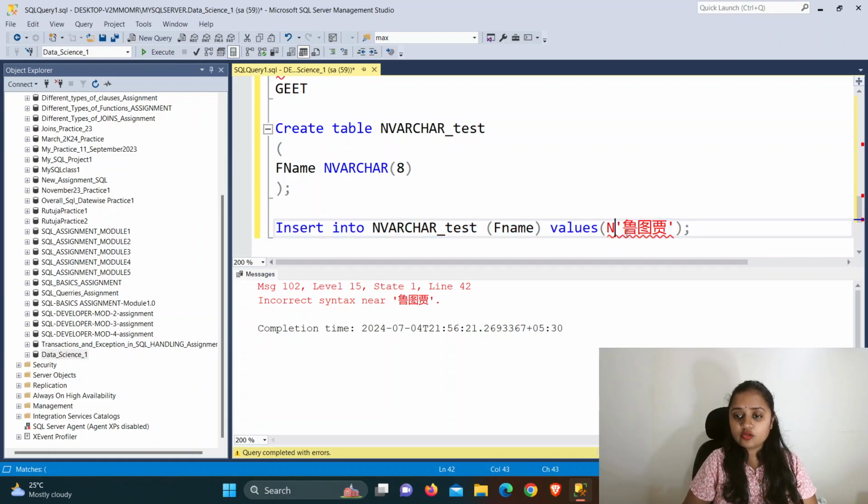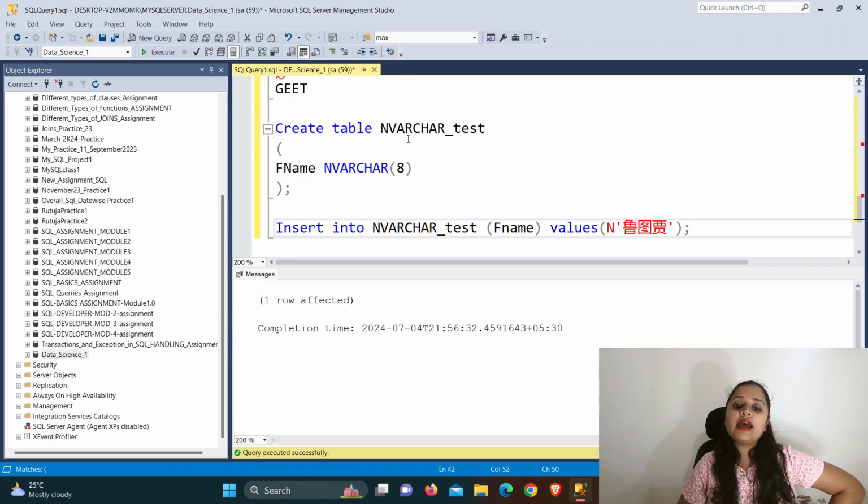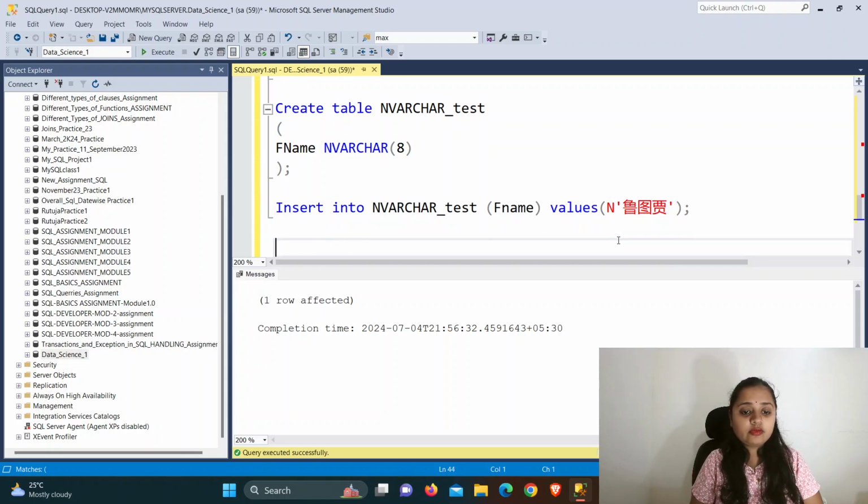I think the space should not be there. The space should not be there, guys. One minute. So see, you have to keep it in your mind when you are inserting the data into the n_varchar_test. When you are giving the n_varchar data type, while inserting, the value should be in another language rather than English. After that, you compulsorily have to give the N, capital N, not small n, capital N, in the prefix, and in the quotes you need to give your name in the other language, and then try to insert it. Now we will see whether it is inserted successfully or not.